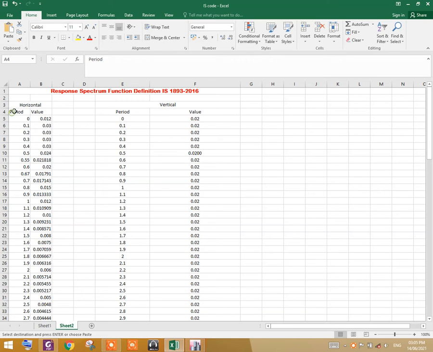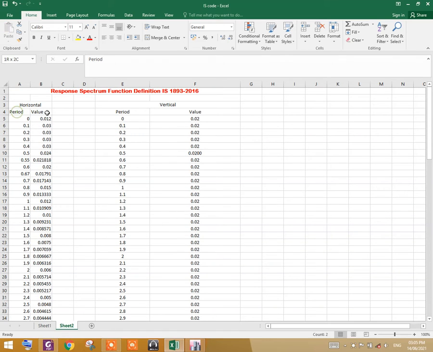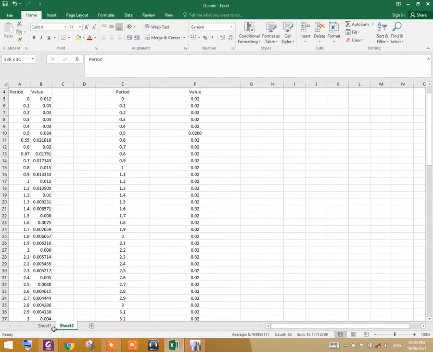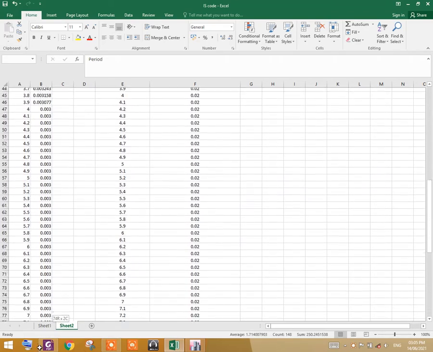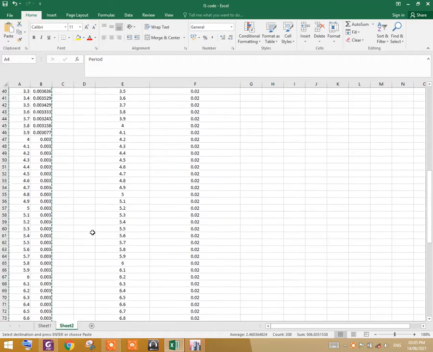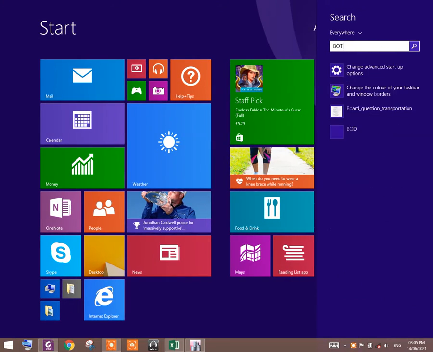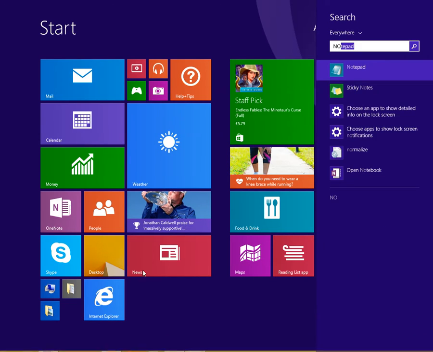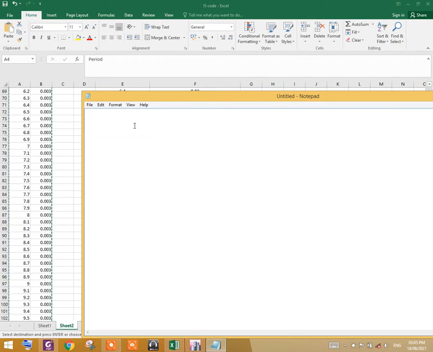Now copy the whole data, Ctrl C. Now go to Notepad and paste here.